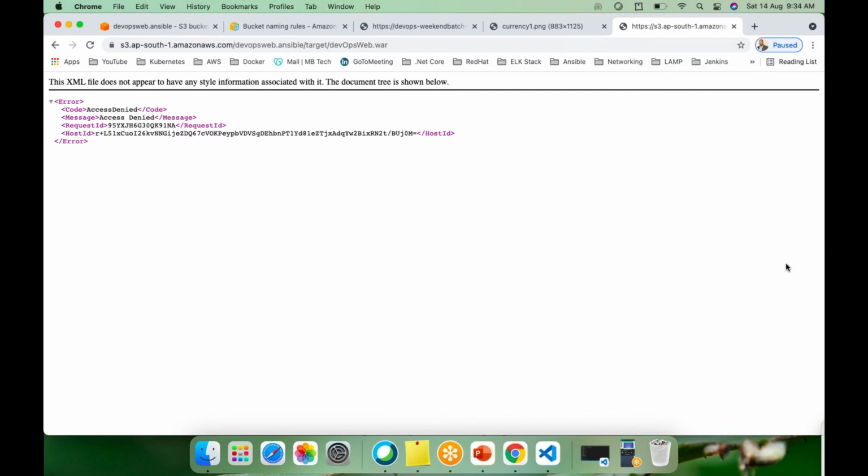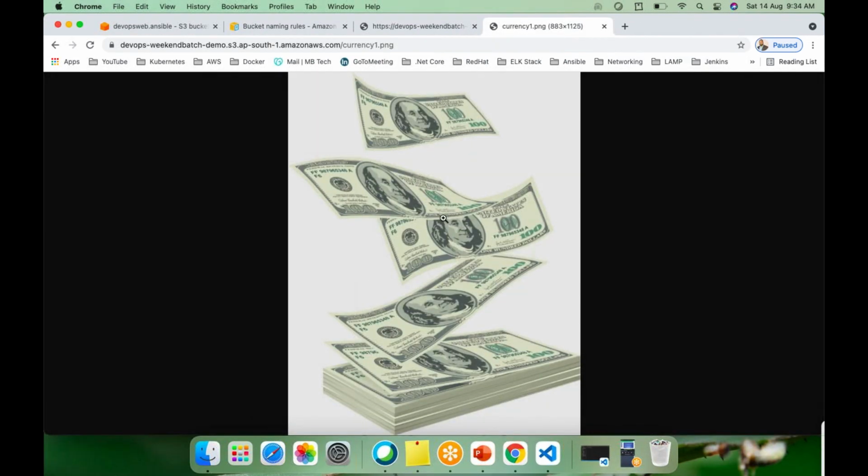See, the specified key does not exist. Target T is not there. Okay, target T, hit enter, access denied.